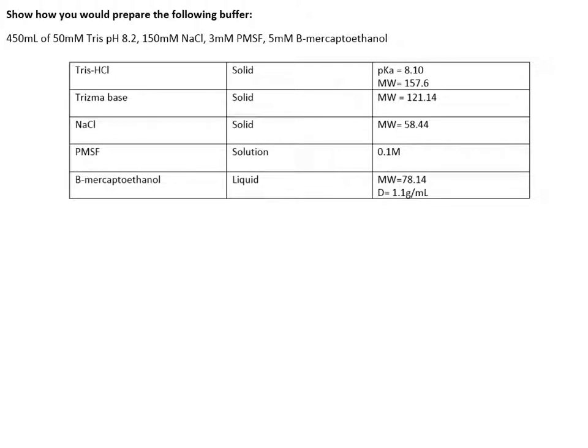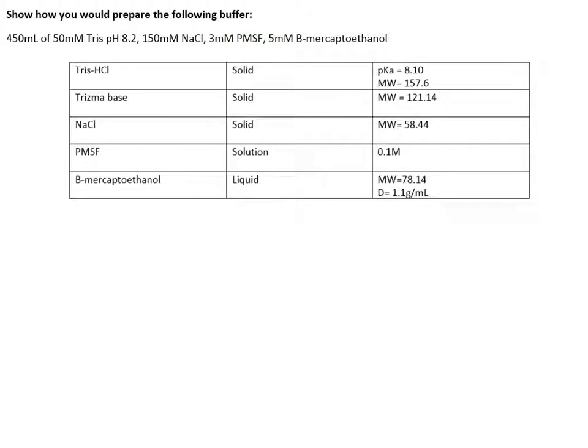Hi folks, so we're going to build off of what we did on the last video using a much more complex buffer. So if you notice here, we have a buffer that we're trying to prepare that is 450 milliliters, 50 millimolar Tris pH 8.2, 150 millimolar sodium chloride, 3 millimolar PMSF, which is a protease inhibitor to keep proteins